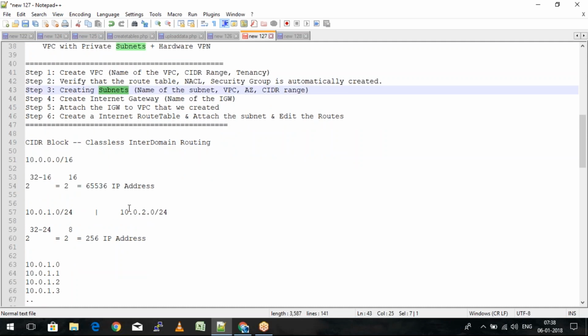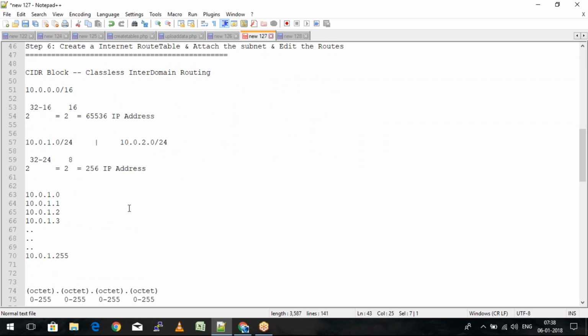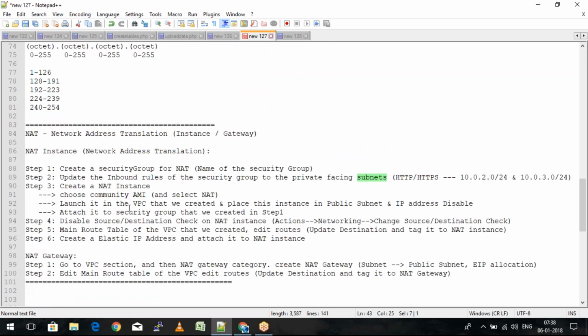Right? And in the second stage, we launched 2 instances, one in each subnet, that is, in public subnet 1 and in private subnet 1. We saw that the public subnet is completely accessible over the internet from the outside world, and the instance can access everything on the internet. But the instance in the private subnet could not. So what did we do? We learned how to set up a NAT.